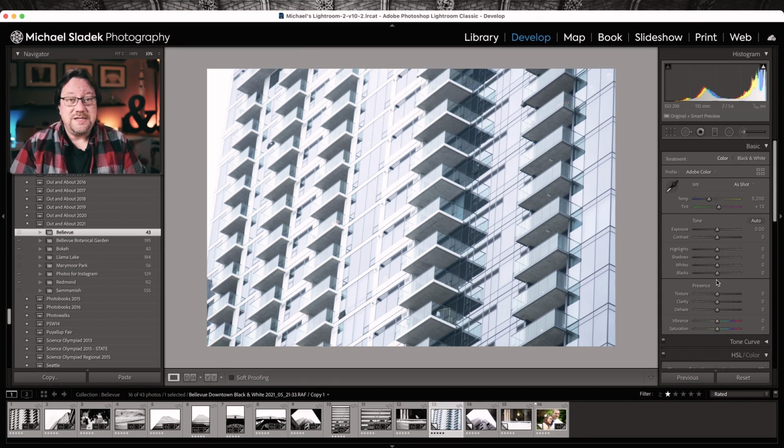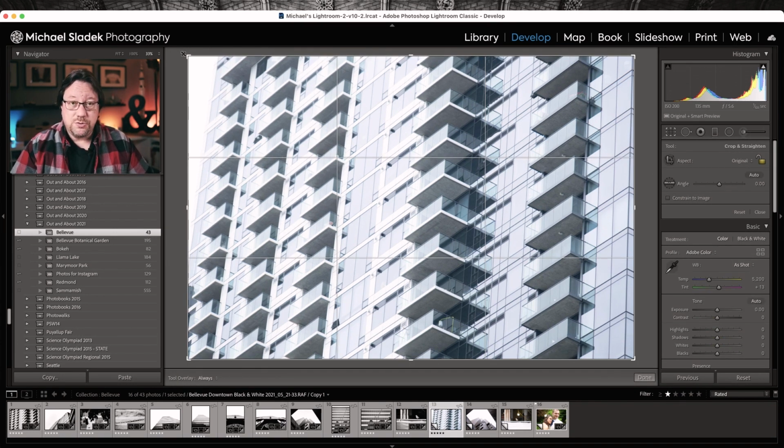So first, with this image, remember how I said one candidate for images that might render well as black and white is if it's basically one color anyway. This building is a steel and glass building with some grayish blue skies. It was really cloudy yesterday when I was creating photos. So this doesn't have much contrast of light, but it has kind of a monochrome color palette. So what we're going to do is address those things and create, I think, a pretty interesting black and white image. So we're going to start with the crop tool to get rid of this white spot gap here